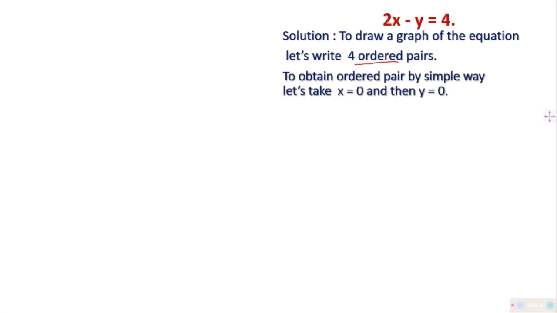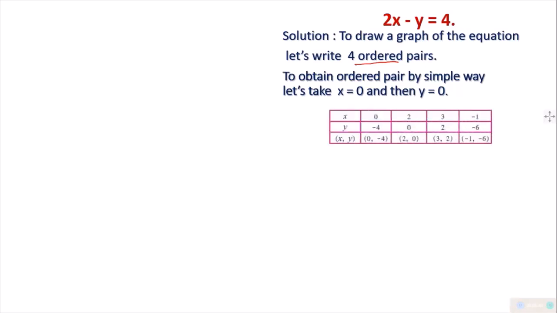Suppose that if x is equal to 0, what will be y? When y is equal to 0, what will be x? Like that we will make sets, and those sets are called ordered pairs. For example, you can make a box like this. You are familiar with this. X you will assume, आपके हिसाब से, but normally हम क्या करते हैं, 0 1 2 3 0 minus 1 minus 2 minus 3. अपने को freedom दिए तो sometimes it will be instructed that let y be this, and accordingly we will make the graph. But this grid is very clear to you.